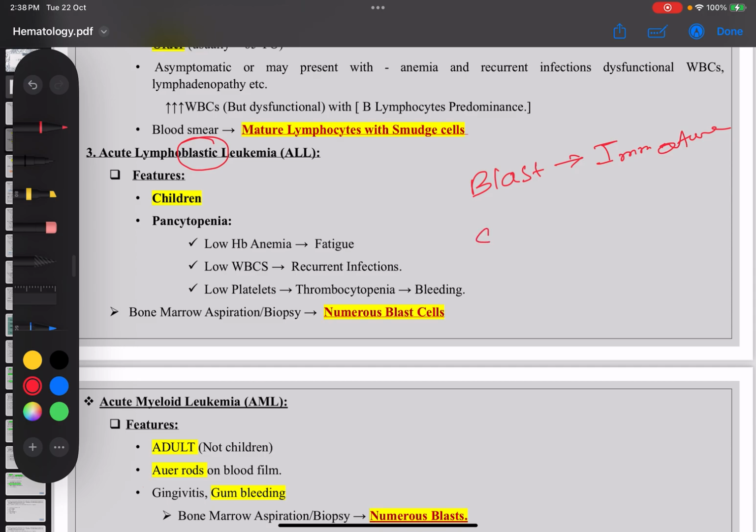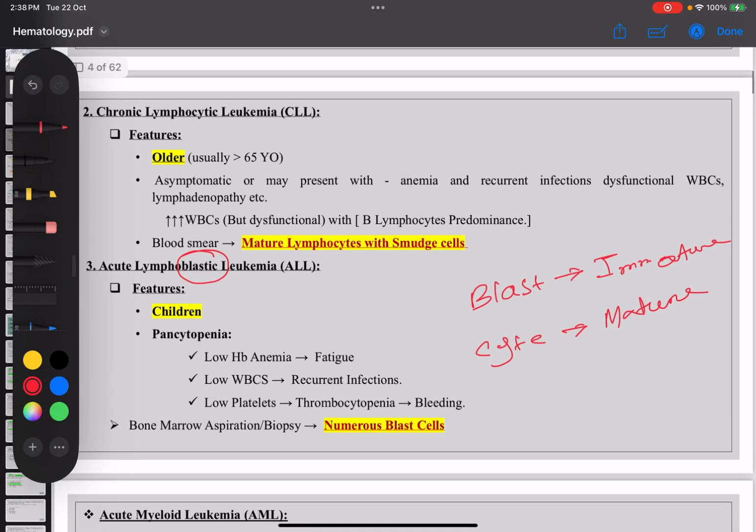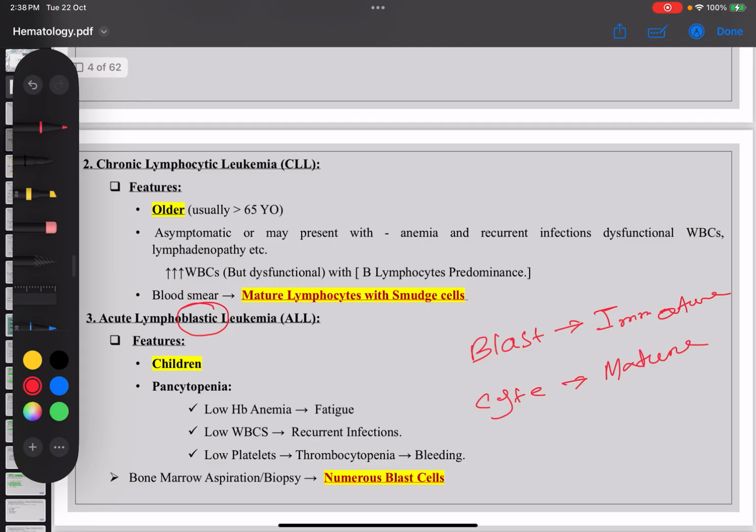it means immature cell, and whenever you get cyte, it means it's a mature cell. Okay, so in chronic lymphocytic leukemia, there is a word that is cyte. So cyte means mature, blast means immature. Okay,